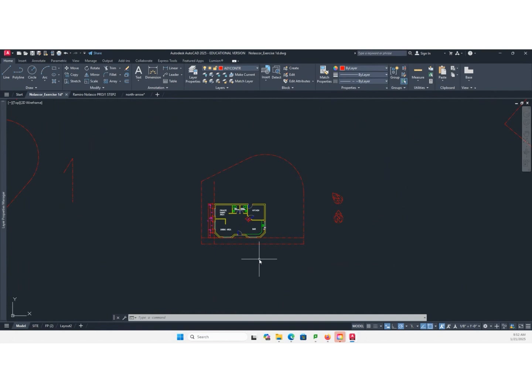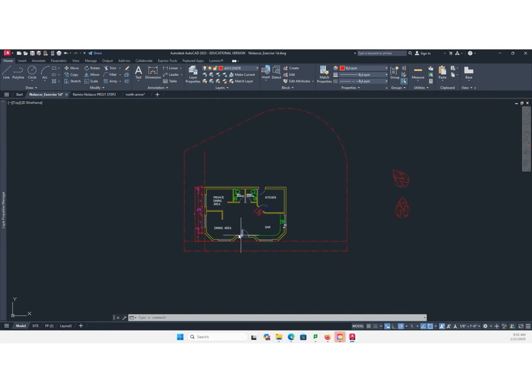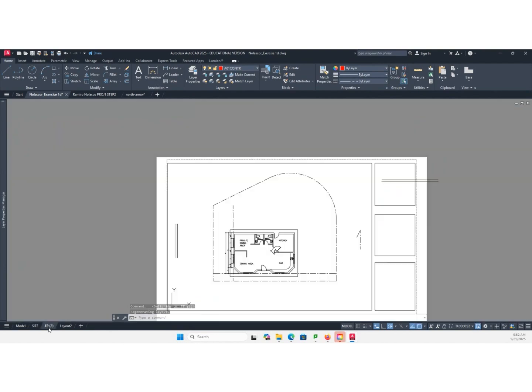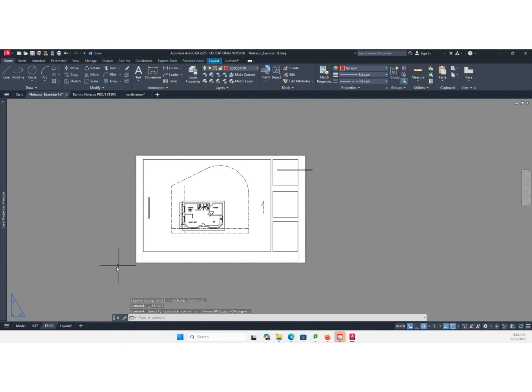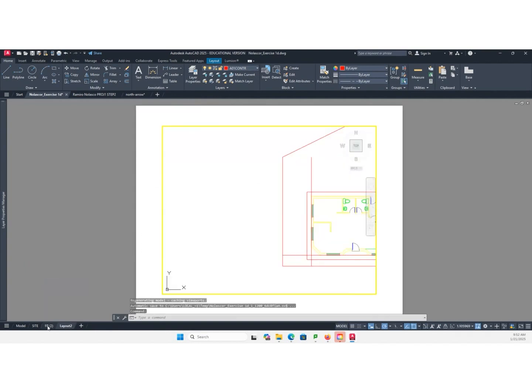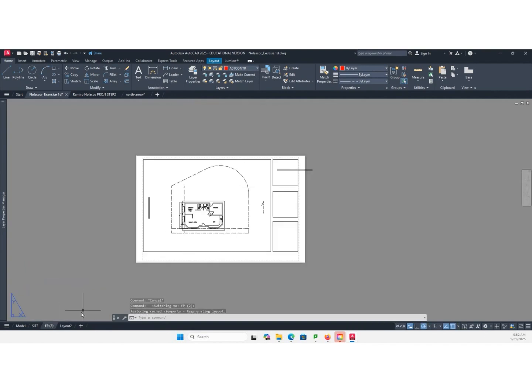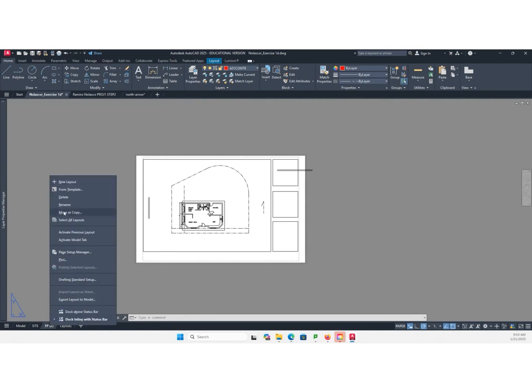Okay, so from here, we want to create a layout, because before we add dimensions and before we add text, we need to know the scale. So from your layout tab, right click. We want to use the same paper.